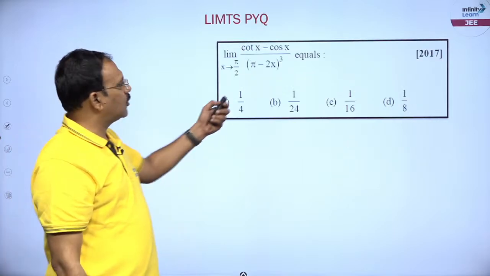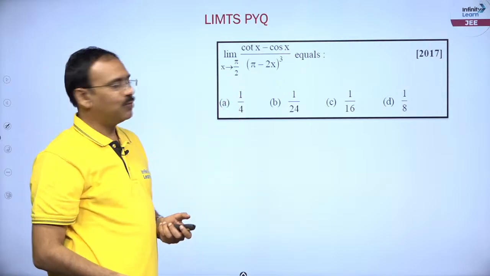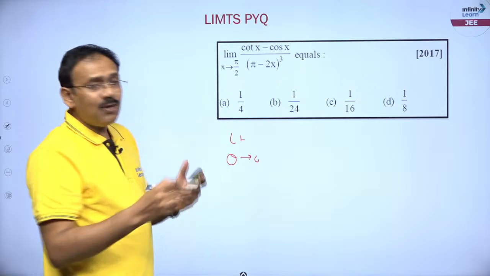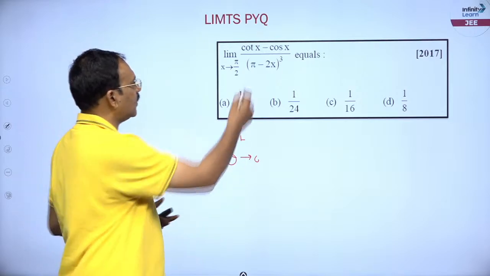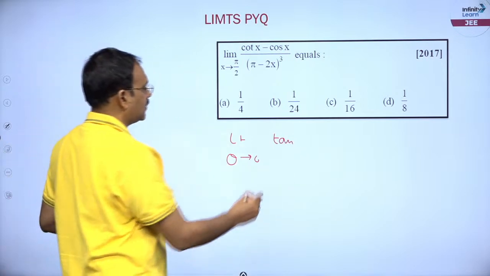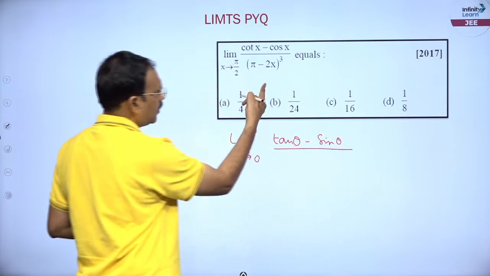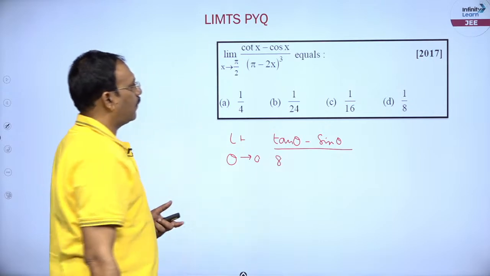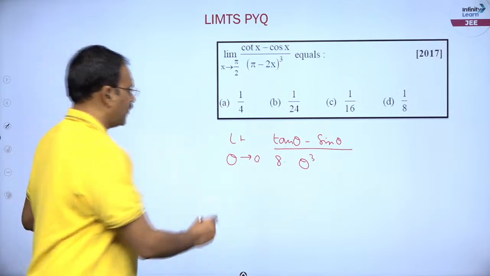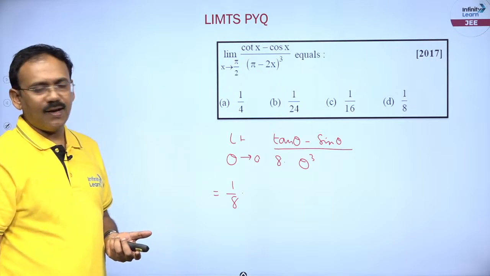Fine, even this is also of the same kind of question, simple one, x tends to pi by 2. Why don't you write limit theta tends to 0, pi by 2 minus x as theta. So, you can write tan cot x as tan of pi by 2 minus x. So, tan theta minus sin theta. Here if you take 2 common, 8 comes out, pi by 2 minus x is theta, theta cube you can write. Now, it is a very simple question, 1 by 8 you can take, either you can apply L'Hospital's rule